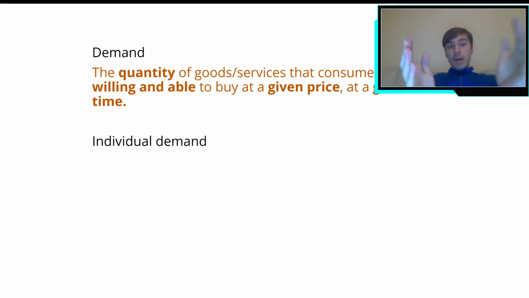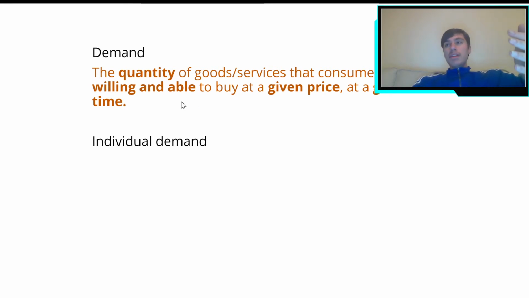So demand is the quantity of goods and services that consumers are willing and able to buy. So what is meant by willing and able here? Let me give you an example. Let's take a luxurious product such as a private jet. Almost everyone in the world could be willing to buy a private jet, but not everyone is able to buy a private jet because they don't have enough money to do so. So you need to be willing to buy the product, and also you need to be able to buy the product, for only then, at a given price, of course, will the demand exist.